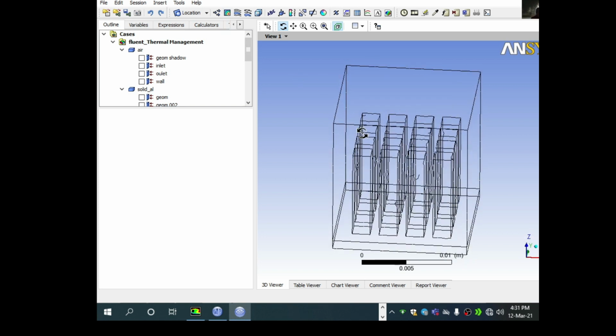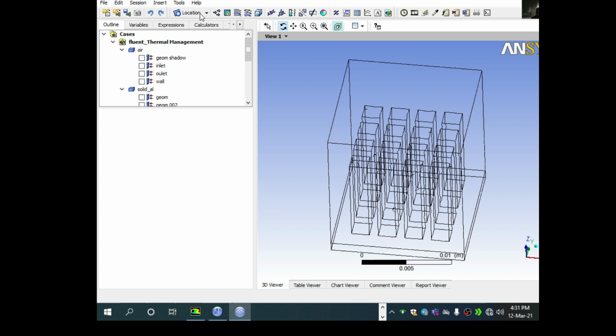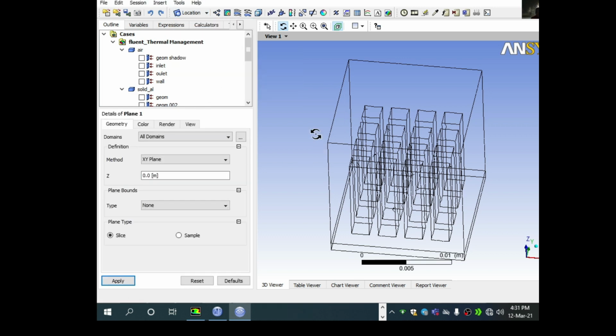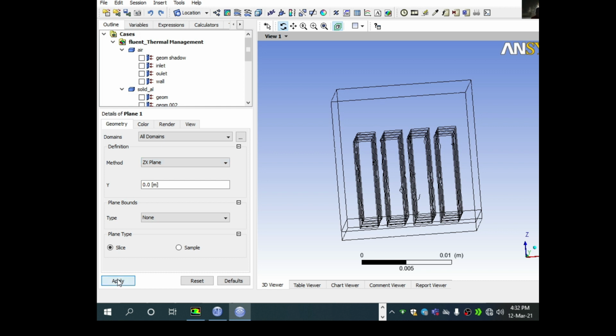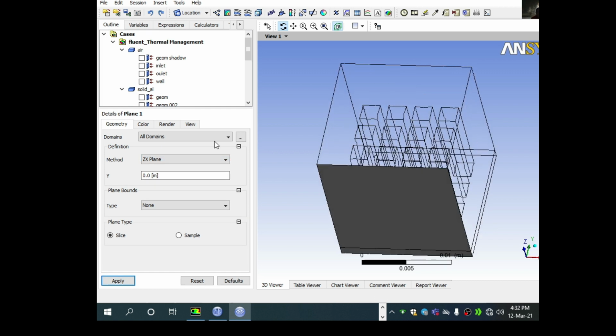I will take one plane. The plane is XZ, say apply. So the plane is here.